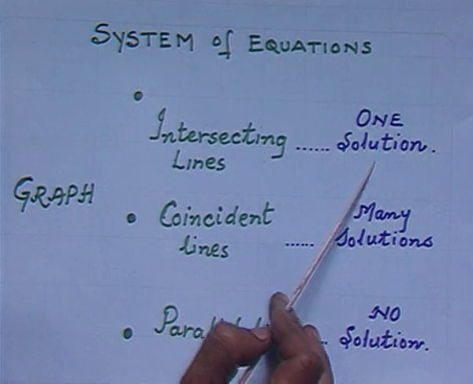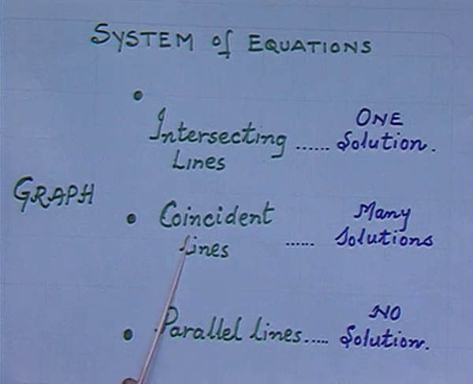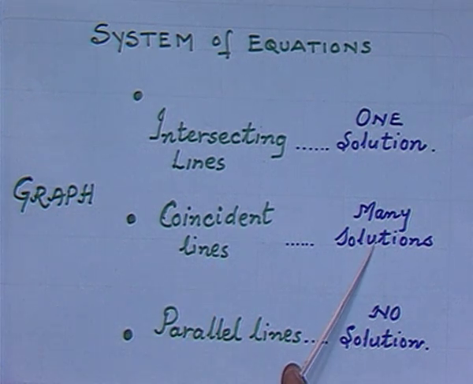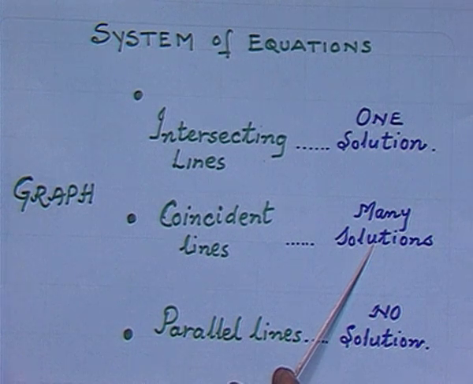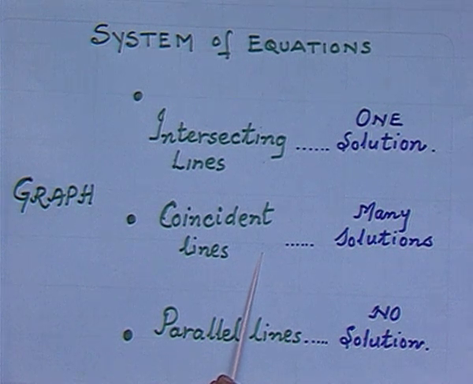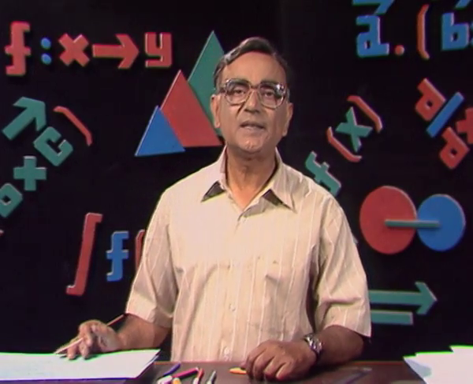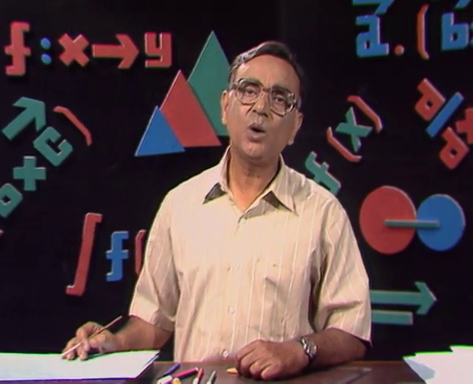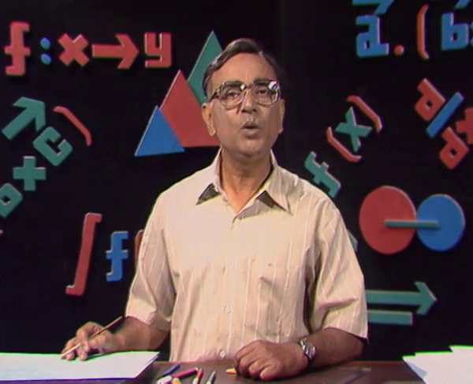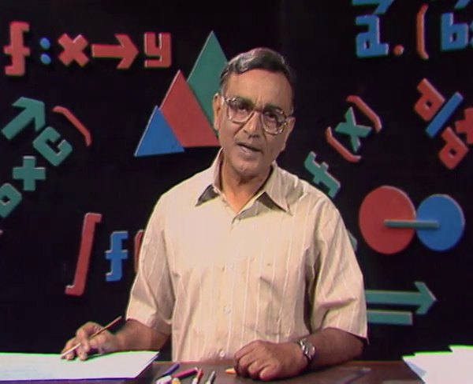For a system of equations, in case we happen to plot the graph, the intersecting lines will be representing one solution, that is, that ordered pair will be satisfying both the equations, and if the lines are coincident lines, then the system will have many solutions. The coincident lines means all the points on the line will be satisfying both the equations, and when we get the parallel lines, the system is considered as inconsistent, because it has no solution. So, the system having no solution is called an inconsistent system, and when we plot such a system onto the graph paper, it is represented by two parallel lines.